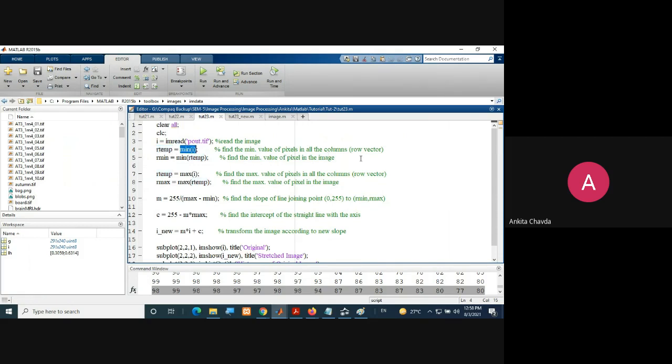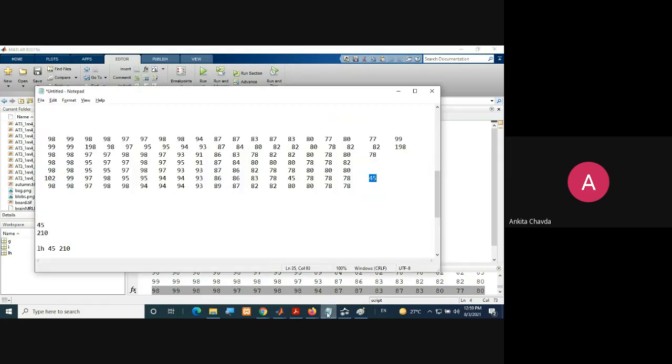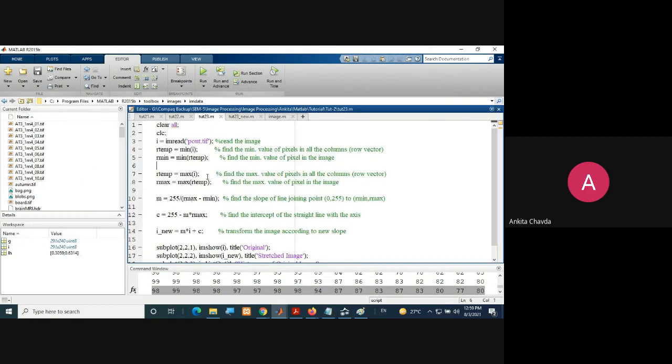It will simply take one single row and all the columns, column 1, column 2, column 3 and so on. From here it is finding the minimum value.